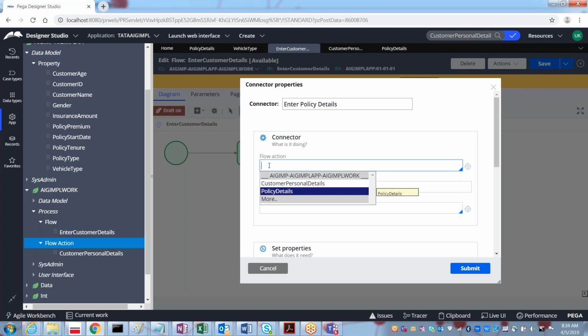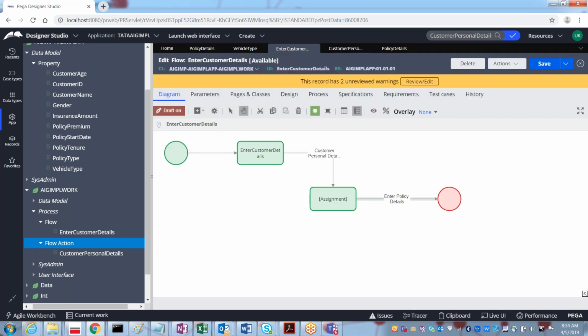So click the mouse pointer, press the down arrow, and this symbol at the right side corner indicates this is the smart prompt. When it is having the smart prompt, when you press the down arrow, it will display the rules available under this particular class. And in case you want to see more, you can see the parent class rules as well. So right now my flow action is available here itself. So policy details, select that and then submit it.